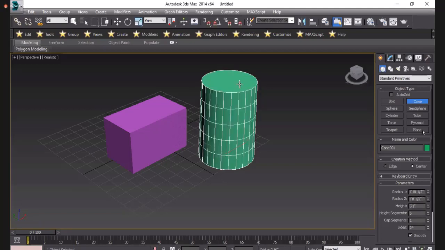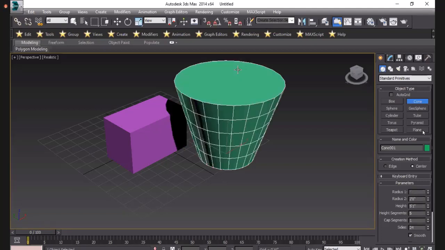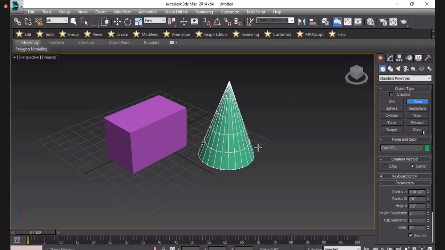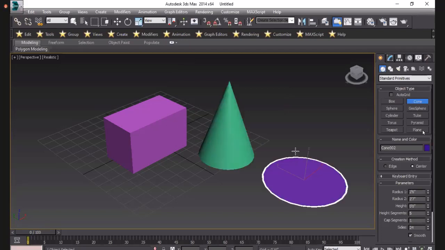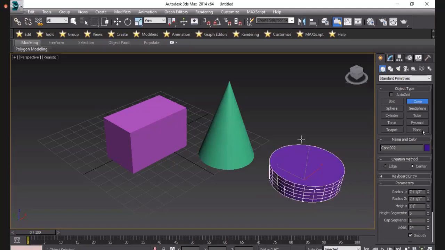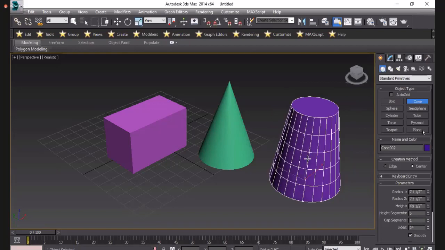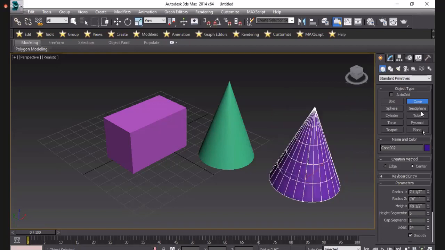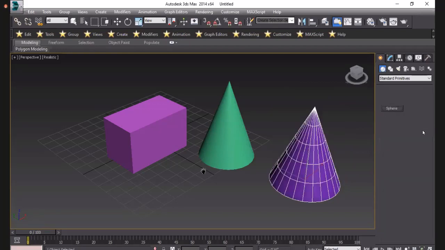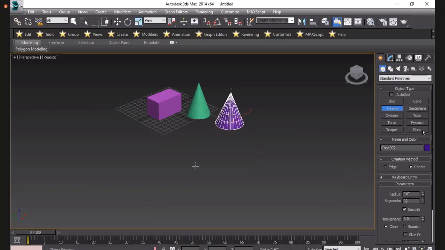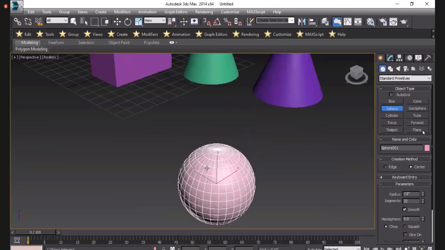Okay, like that. Okay, I will take one point, second click, and then third click. Okay, like that we will draw here a sphere.